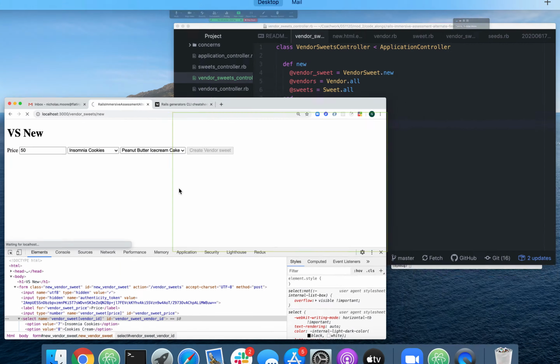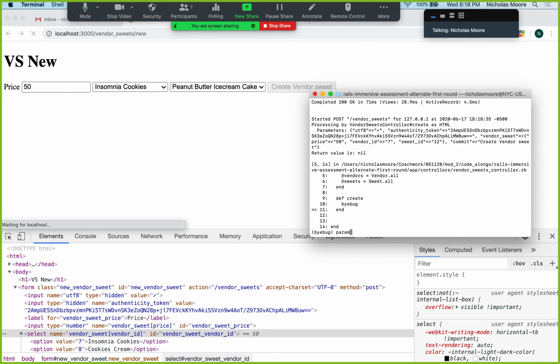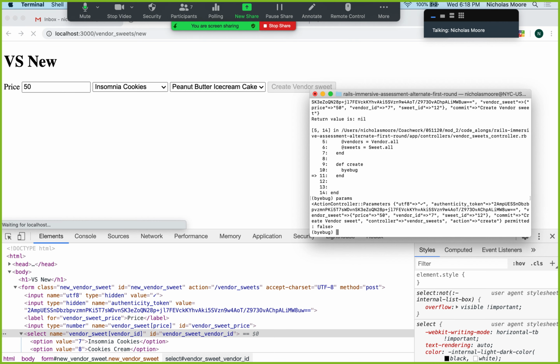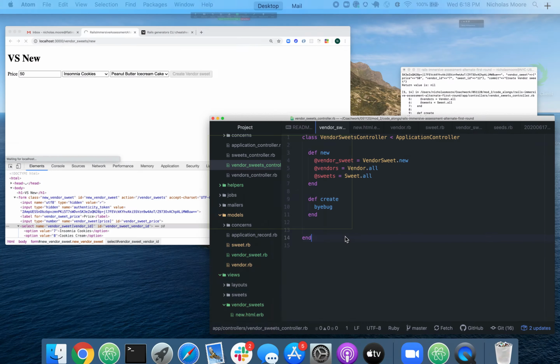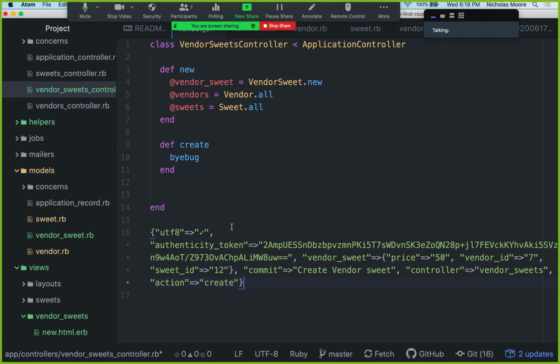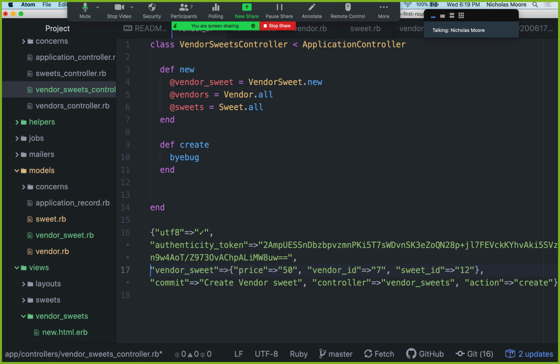I hit the byebug, I go to my terminal, and I'm here. And now I can look at params. And I have this whole hash, right? It's kind of hard to see, but I see in this hash, I have some interesting stuff. Let's just cut this one out to make it more readable and paste it here, just to break down what we are truly dealing with in this params hash. I have this key value pair, which is a bunch of nonsense to me. I don't really care about. I have this key value pair, which is more nonsense. But look at this. I have this key value pair, and then I have this one, and this one. Of these, the only key value pairs I care about,